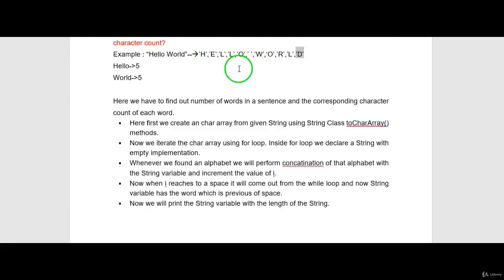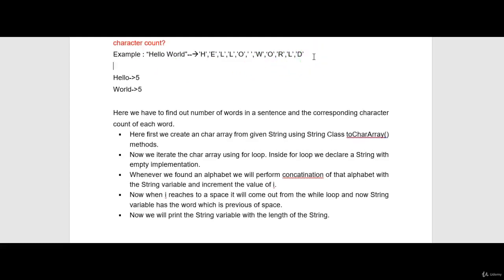Inside this for loop, we need to create an empty string. I'm writing the sample code here.